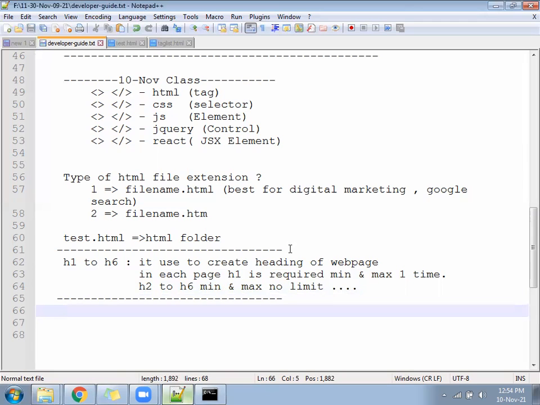Clear? Now come down. After that, that is the rule of Google. The H1 to H6 minimum, maximum one time that we have written, I have not written from my side. When you develop a project and give it to digital marketing people for promotion, a project has multiple phases. First is development, second is testing, and third is marketing. The developer has developed, the tester has tested, now the marketing people will come.